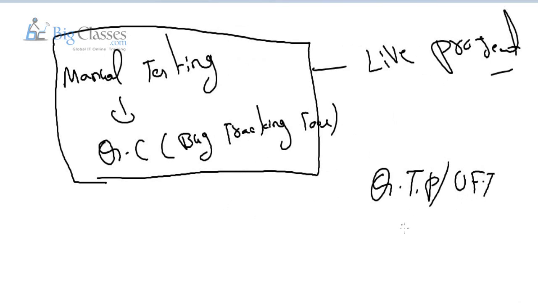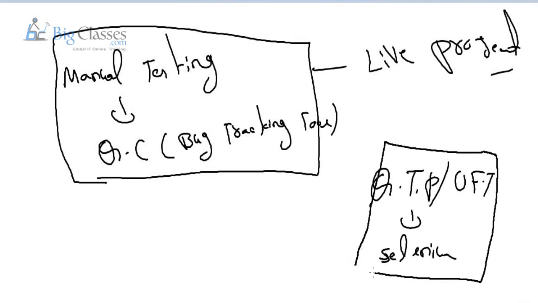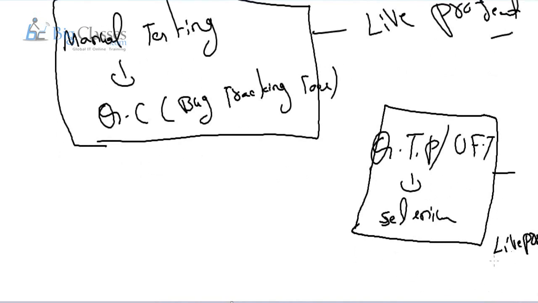We will concentrate mostly on QTP and UFT. Once QTP and UFT are done, I will explain just the basics of Selenium in one day. With this knowledge, you can put in your resume that you have good knowledge of Selenium; it's not an issue. After that, I will also explain the basics of the remaining tools, along with automation testing and one live project. Not only one live project, we will discuss automation testing with a few live projects.